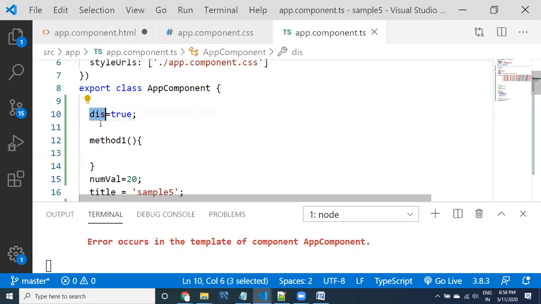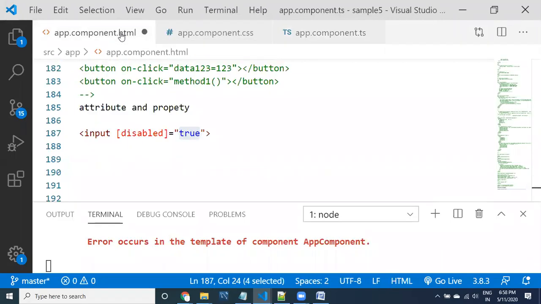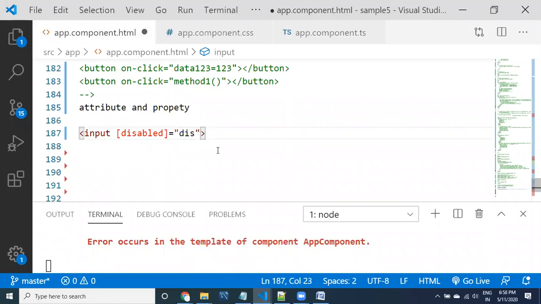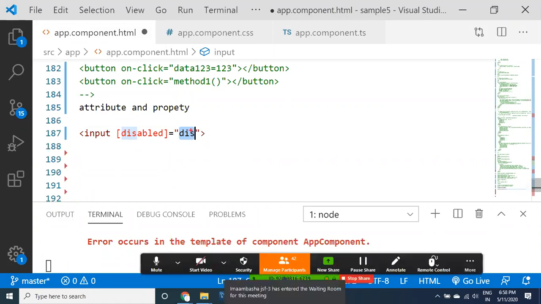So now see here guys, you can assign this property to this HTML. This is the property. What is the meaning here? This property is available where? In the app component. This property is binding to the input property, the input DOM object. So in this input DOM object, there is a property called disabled. Disabled equal to, now this property contains what? True. So it is going to take true.